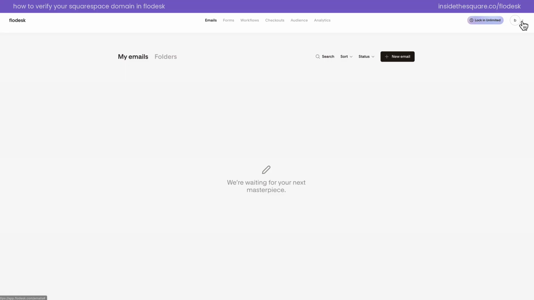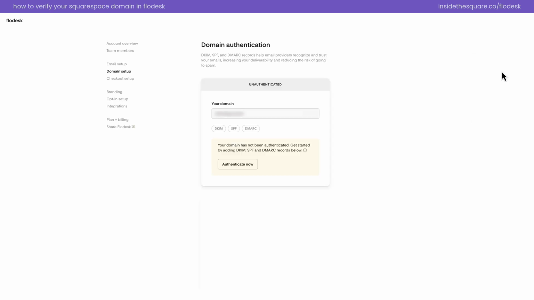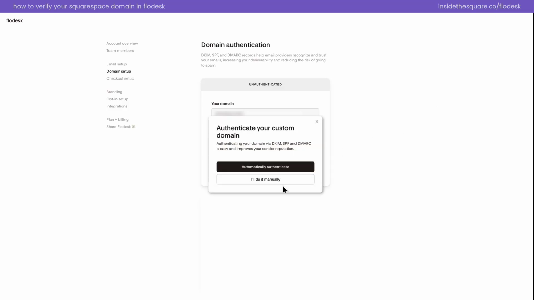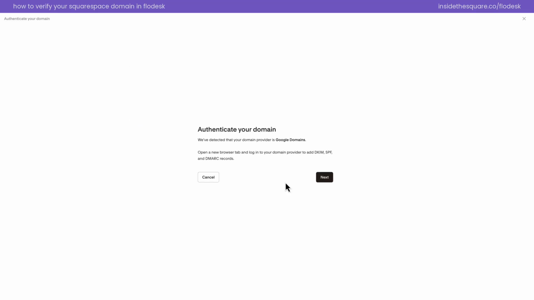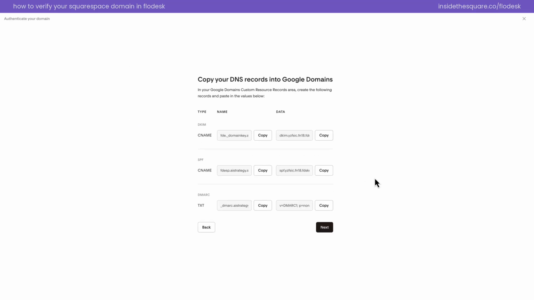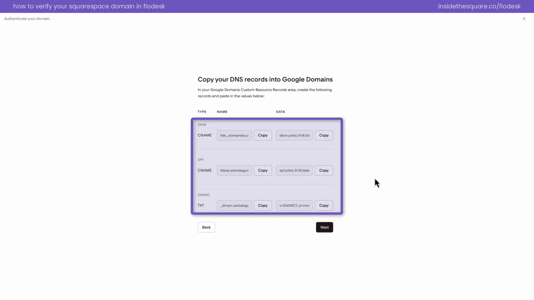Here inside Flodesk, on the top right-hand side of the screen, I want you to select Domain Setup. You'll see we have an unauthenticated domain, and that's what we're going to fix. Click Authenticate Now. Then select I'll do it manually. Click the Next option, and here you'll see the records that we're going to copy into our domains dashboard inside